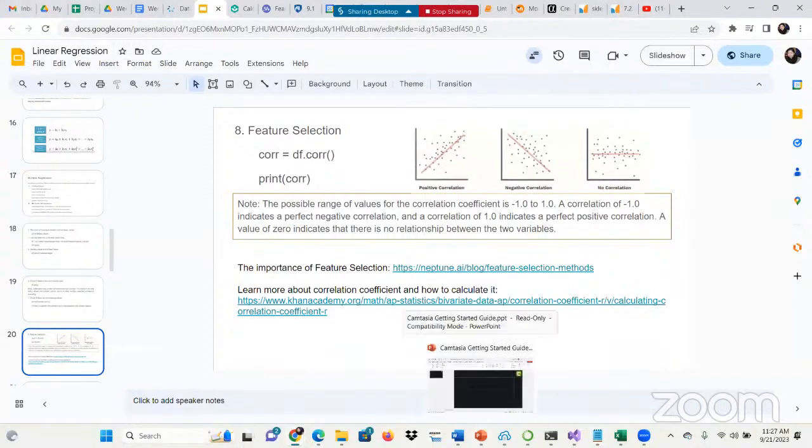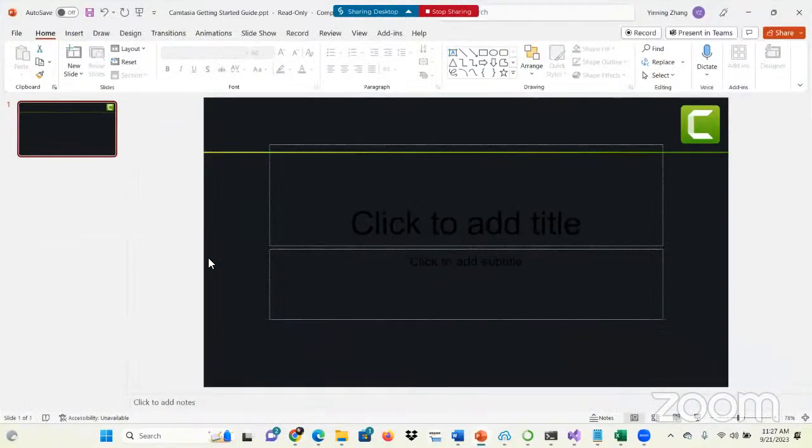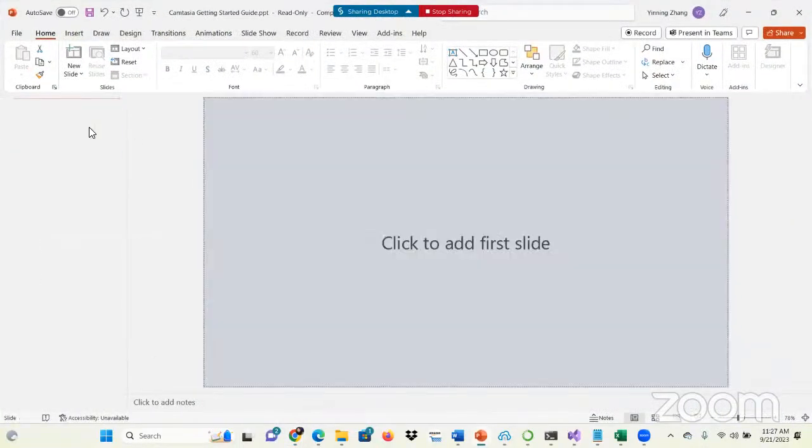Be careful when you interpret the correlation coefficient. Don't get it confused or mix it up with the coefficient value in ax plus b, a coefficient value, right? That you call y equals ax plus b. A is a coefficient, right? B is the intercept, right? So